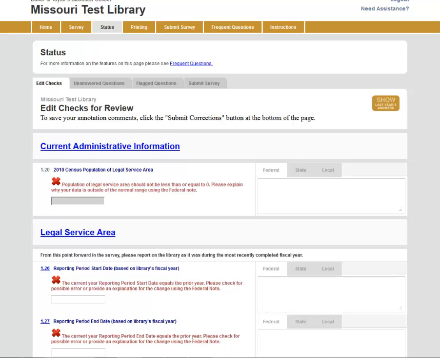For purposes of this first question, 1.20, it tells us that we need to explain the answer by using a federal note. And in this section over here, the federal tab has already been selected, so you just merely type in your answer there. It's actually because I don't have an answer in there right now that it's generating this response. But once you've gone through all the answers and they've turned green, which means that they've accepted your answer, or at least you've annotated the data that you provided, then you'll be able to go to the next